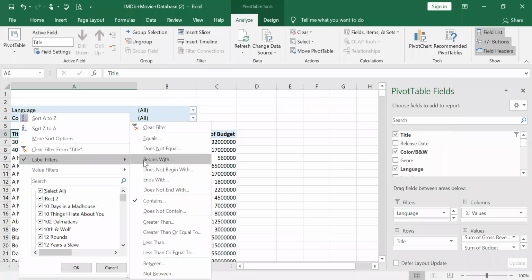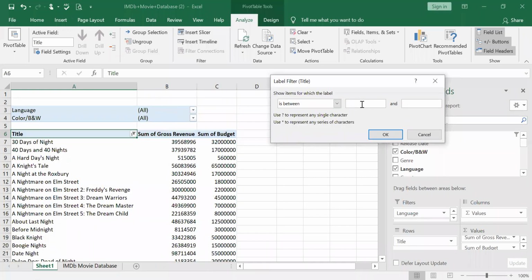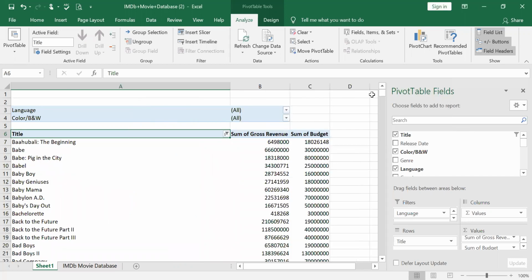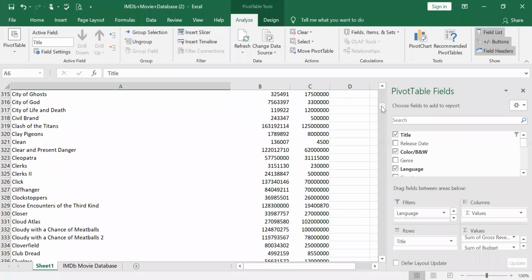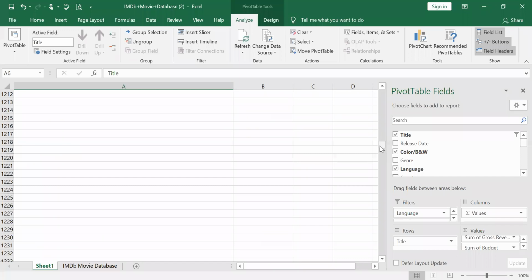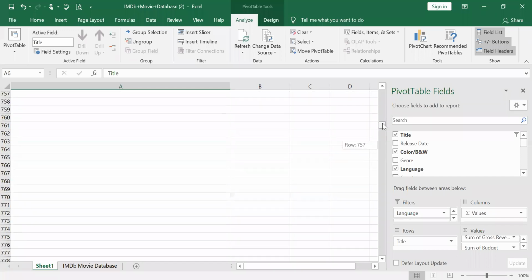Another one you can take is between. For example, I say I want all the movies that begin with B and end with E. If you give okay, it will start with B, but it will just end with D. It will not include the alphabet E. See, it will just stop with D only.